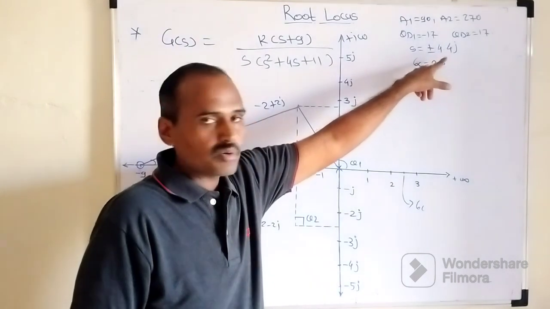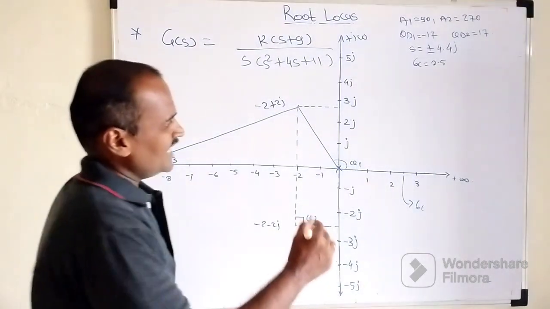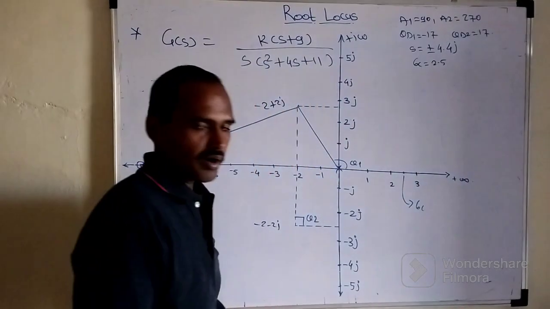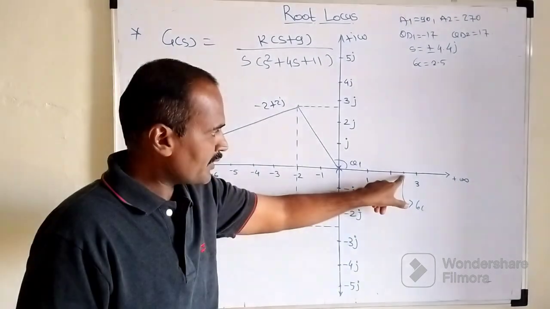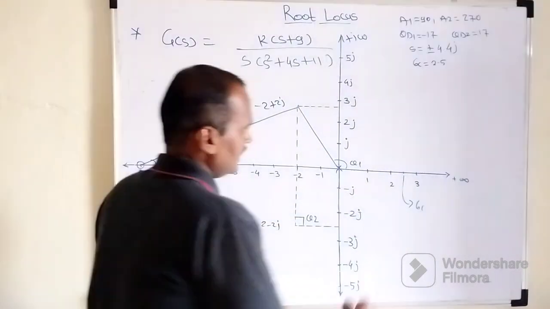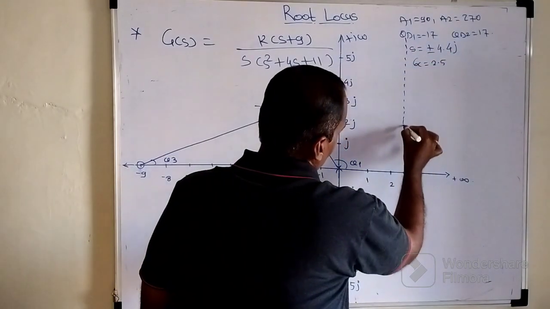Plus and minus 4.4j, right? So first of all, what we need to do? First of all, we need to draw these two asymptotes. These asymptotes are to be drawn from this centroid. This centroid is located at 2.5. This is 2 and 3. So in between these 2 and 3,